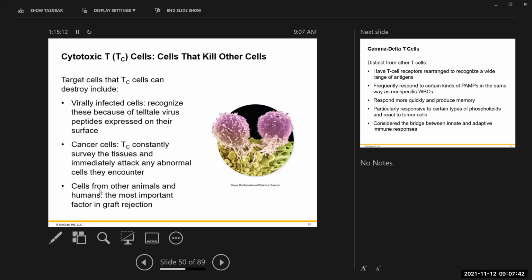Now, cytotoxic T cells, however, can be activated by antigen presentation of a different type. If a cell is infected by viruses,